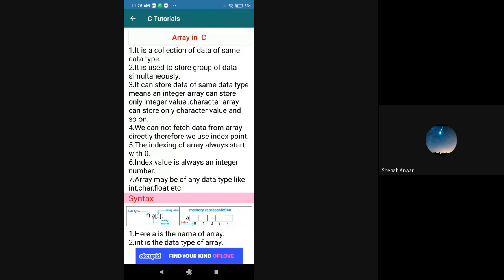Here, one thing in the array is that the number of elements will be counted as 1, 2, 3, 4, 5, but the position will be counted as 0, 1, 2, 3, 4. Here the position we call an index number. So an array starts from position 0.